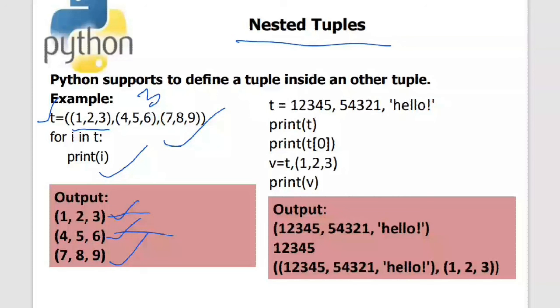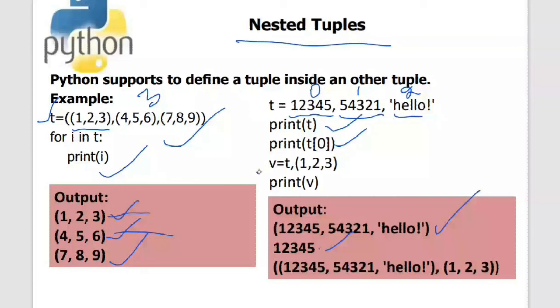So I'm saying print T, and it prints the elements here. Then I say print T of 0. Tuples are indexed, so it's a sequence that starts with index 0, 1, 2, and so on. This is the first item, this is the second item, and this is the third item. So when I say T of 0, the first item is printed. Then I'm creating a new tuple, V, by saying T comma